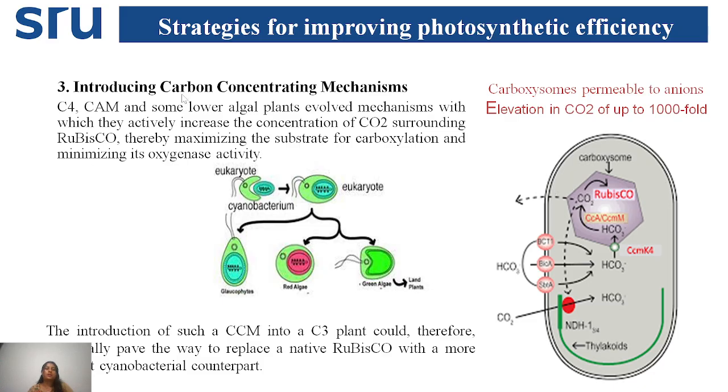Another one is introducing the carbon dioxide concentrating mechanism. This mechanism is already present in many organisms. What they will do is alter the structure and prepare a structure like a carboxysome in the chloroplast. They will concentrate the carbon dioxide around the Rubisco by a mechanism somewhat related to CAM, not exactly CAM or the C4 mechanism. They will use bicarbonate and release the carbon dioxide